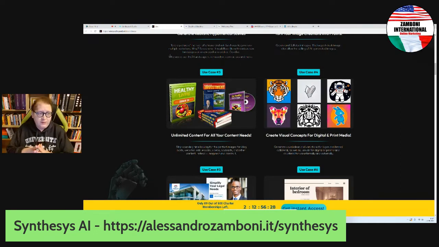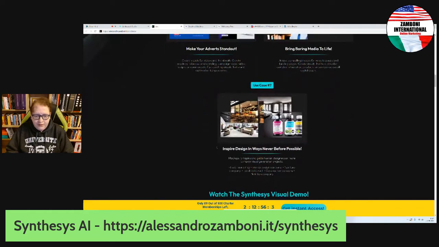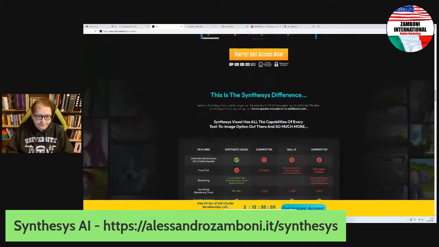Think about, for example, images you can create in black and white or in full color to put inside a book for kids, book for adults. It is the same. You can create visual concepts for digital and print media. So all those things could be created with any AI software. Make your adverts stand out, bring boring media to life, and inspire design in ways never before possible.